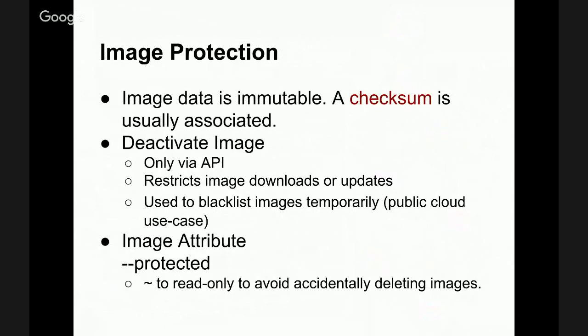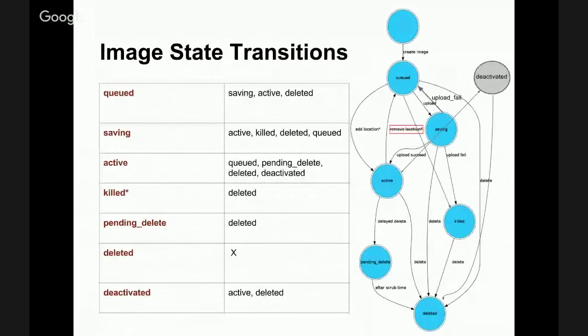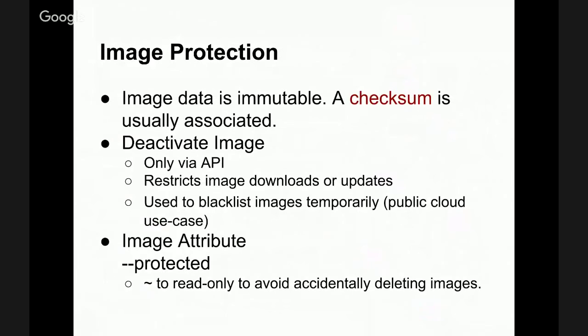The next thing to talk about is image protections. We have a feature in Glance called deactivate an image, which is basically to restrict image uploads or downloads for a specific image. For example, if you want to blacklist an image in your cloud temporarily for some use cases, then you could use this deactivation API. That would move an active image to the deactivated state. And once you are comfortable with reactivating that specific image, you could do that by issuing the